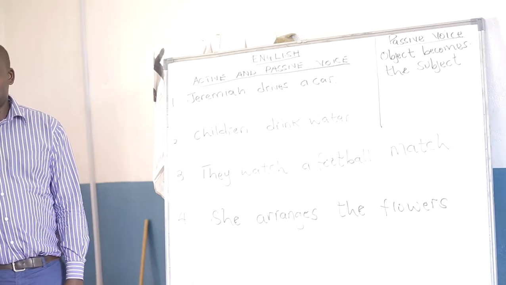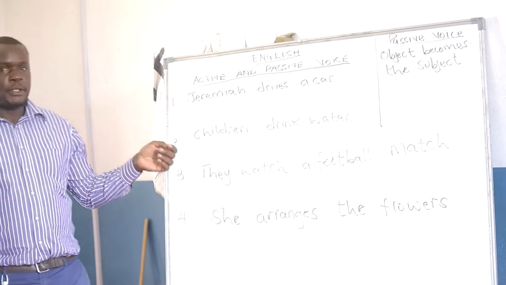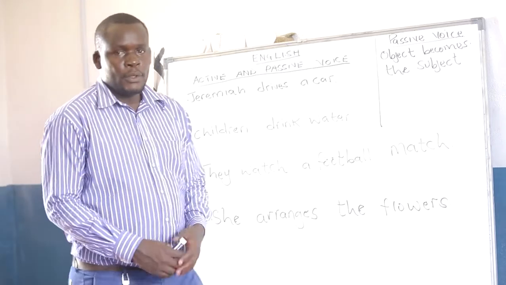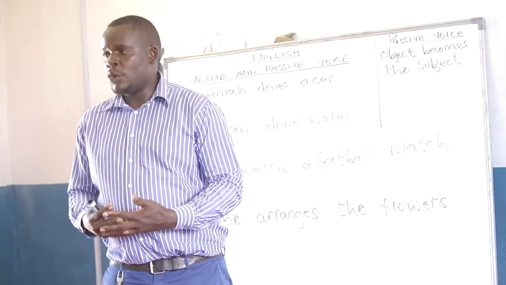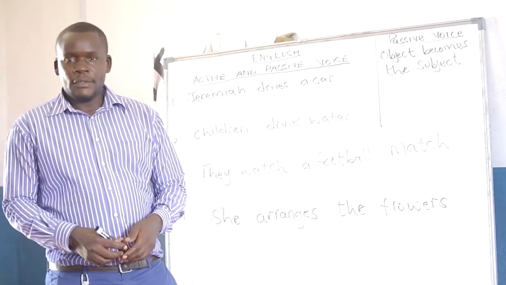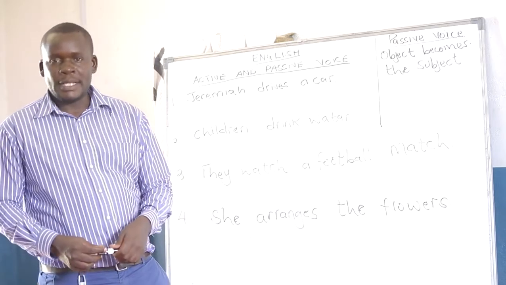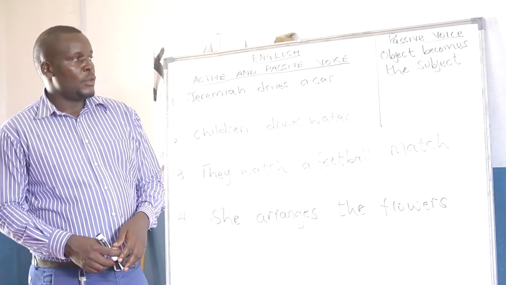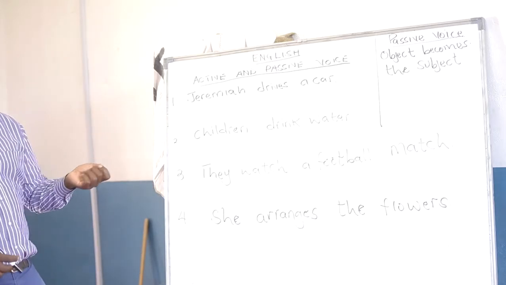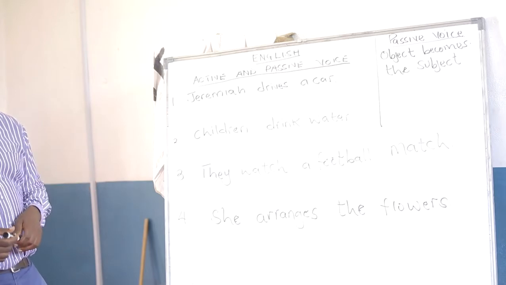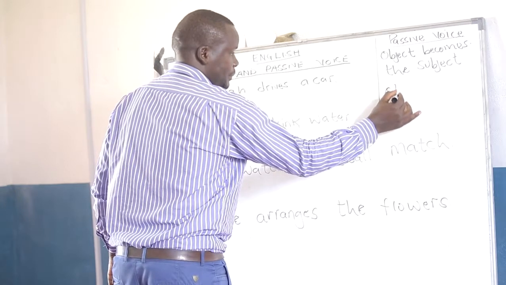Time for English, and I want to take you through the topic active and passive voice. So the most important thing here, we have to define what active voice is. Thereafter, we shall as well define what a passive voice is. So there are two things that involve active and passive voice, and most importantly, that is the use of the object